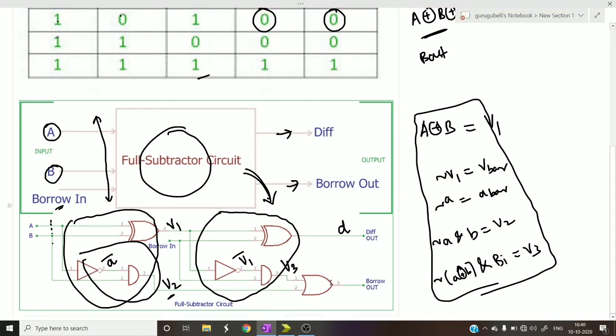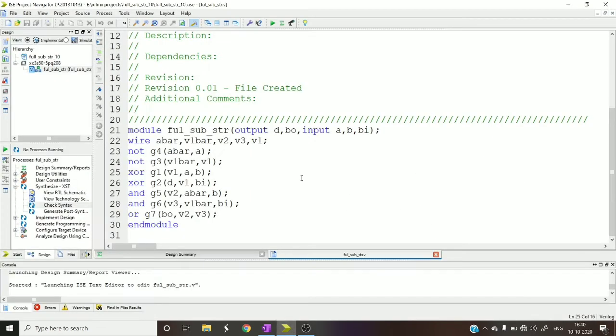After looking at the code, you can correlate these two things. Now let me focus on the code. You can see here all the gates are instantiated because these are primitives. You will have one output and any number of inputs can be given, but for the NOT gate it's enough to complement A. So A bar is my result. And similarly V1, you want the complement, right? So I have given it to the NOT gate.